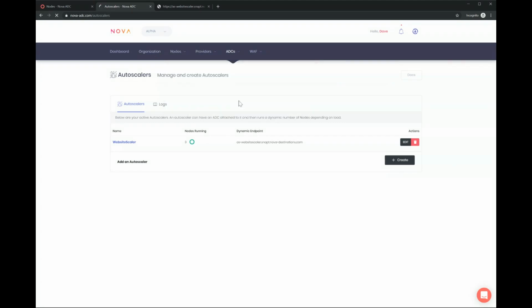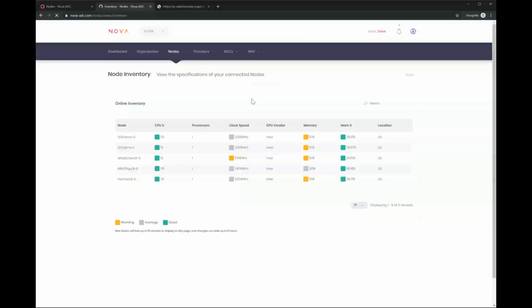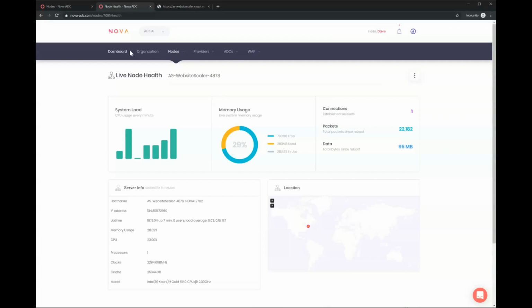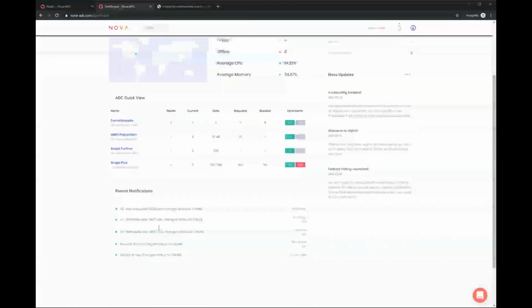Things like your location view, where you can see where all your servers are. You can look at your inventory of your servers. What performance do they have? You get graphs and reports and all that stuff for these things. And you can live monitor them and manage them and see what's happening anytime you need. All the time it monitors these, so you get notified if there are any problems, if any servers go offline, or if anomalies are detected.